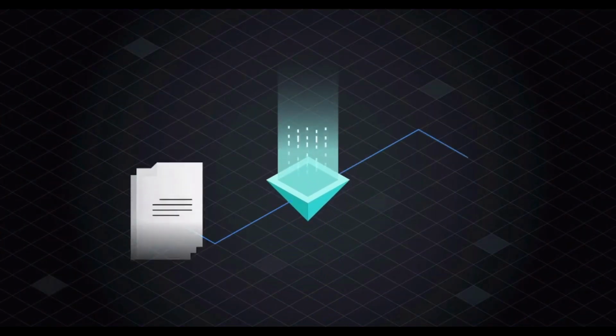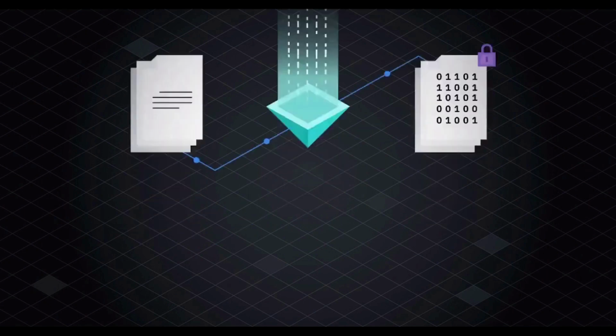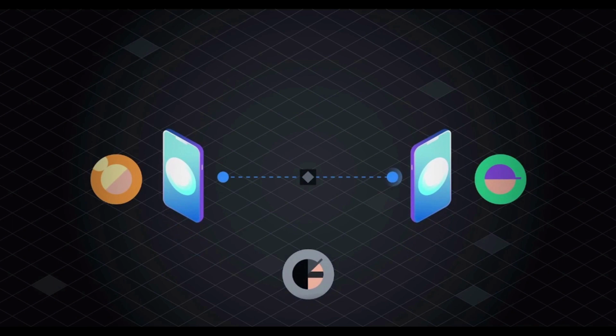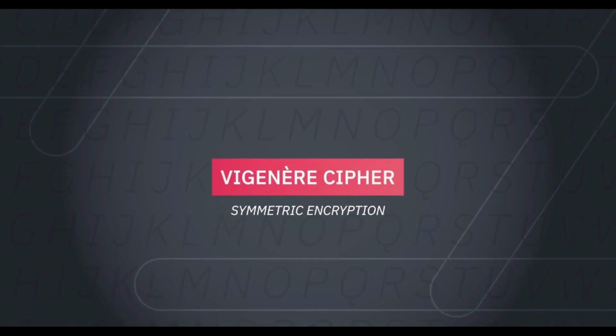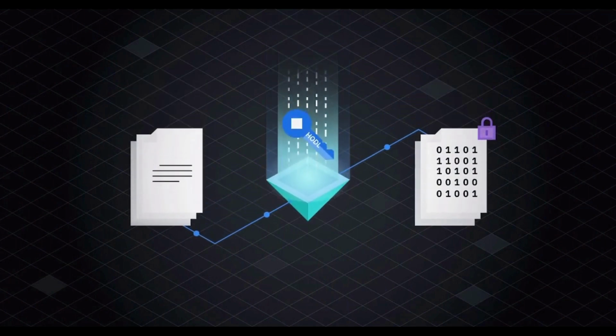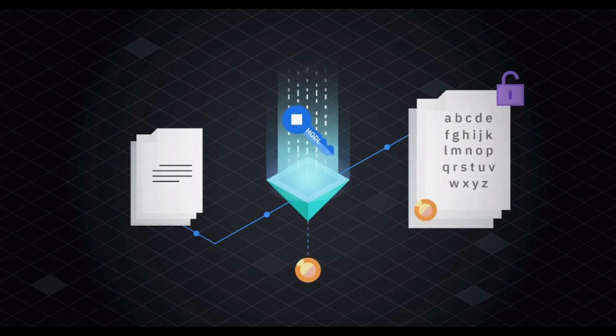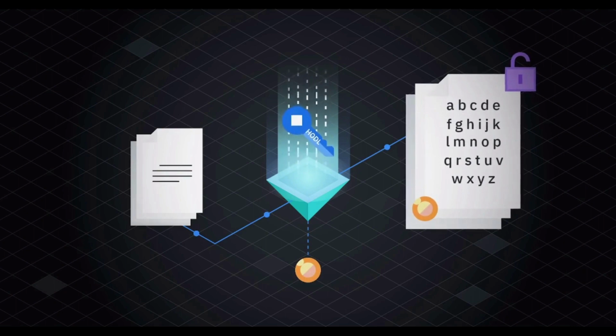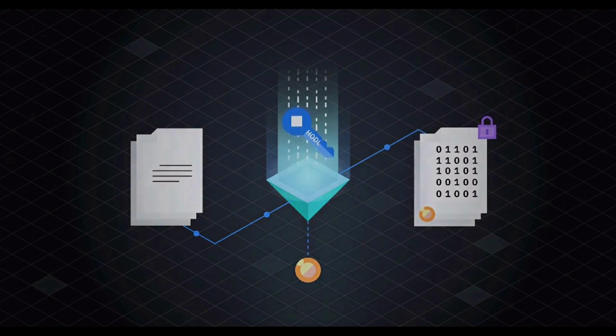To get around this, we use some cryptography, which involves the transformation of data for the purposes of secure communication. Even if an adversary intercepts a message from Alice to Bob, they won't be able to decipher it without a special key. Something like the Vigenère cipher is what we call symmetric encryption. For example, we can use the key HODL to transform our plain text into ciphertext. It's not impossible, but it'll be time-consuming for an adversary to figure out what the plain text is without knowing the key. However, if we give someone the key we use to encrypt the message, they can use it to decrypt it. That's why it's symmetric. The same key is used to encrypt and decrypt.